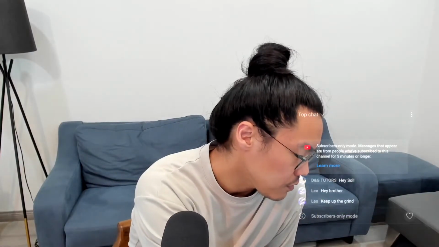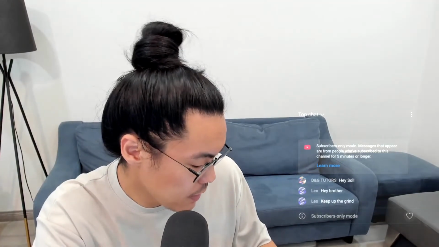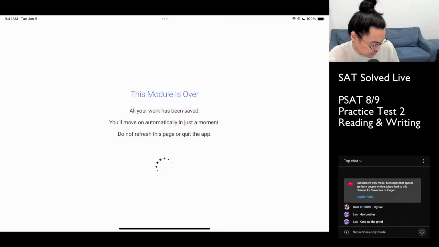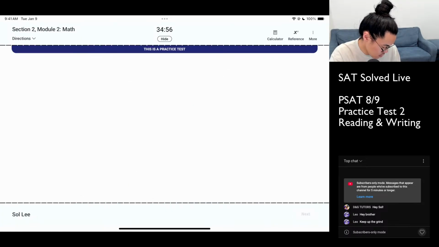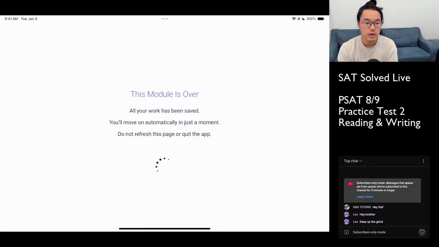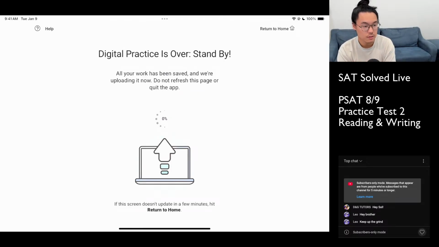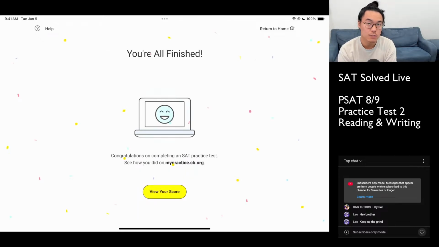So let me just skip these pages. Here, there's no reason for me to hide that from you. All right. And let me just share my thoughts on my performance today. My performance today, a little bit janky because I think mentally I wasn't fully there. Judging by the evidence that I forgot to share my screen at the very beginning, and also I kept forgetting that this was the PSAT. So I'm assuming that means that I'm still a little bit loopy. I'm not 100%, but this is such an easy test